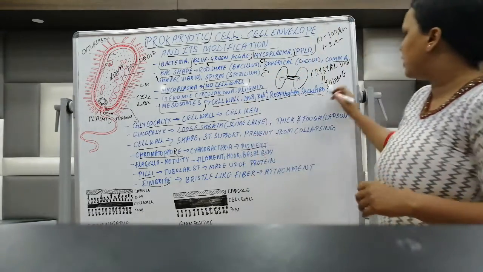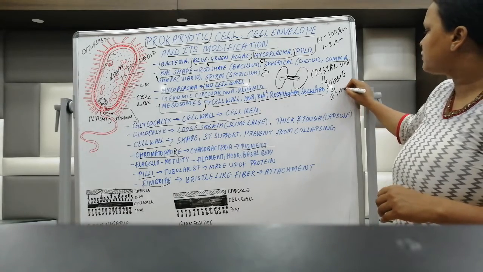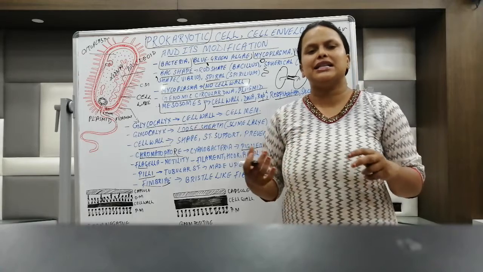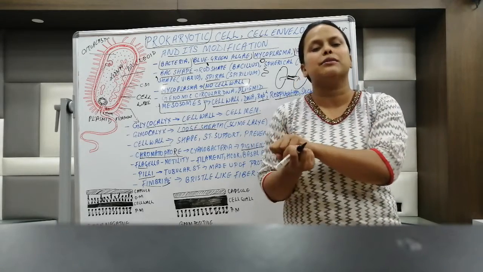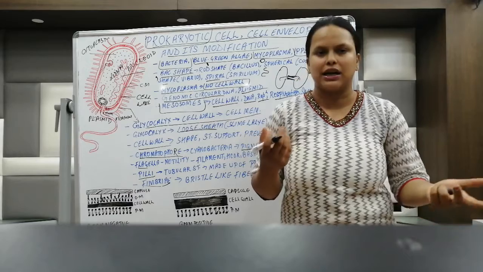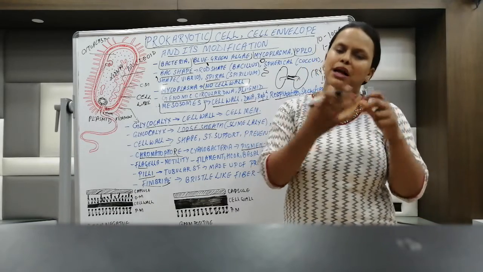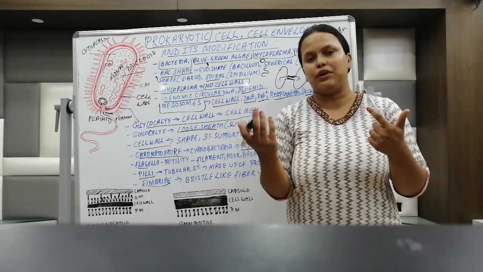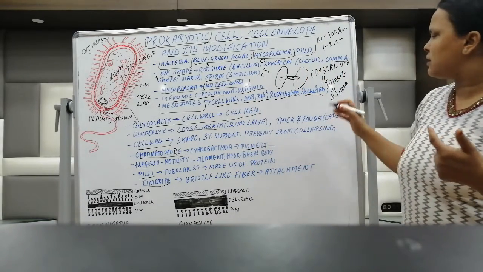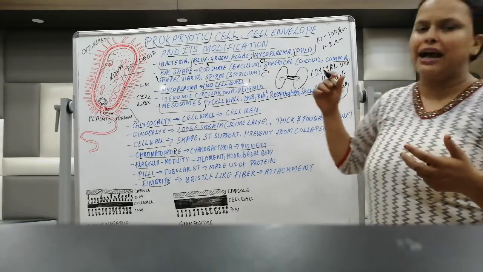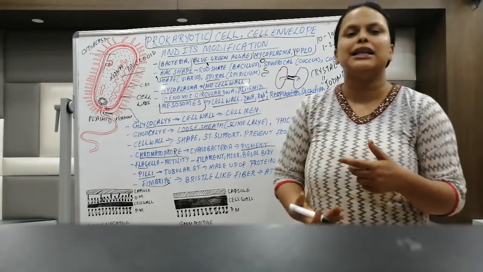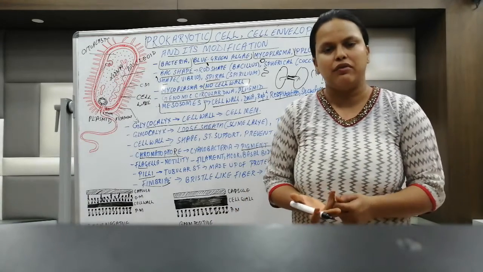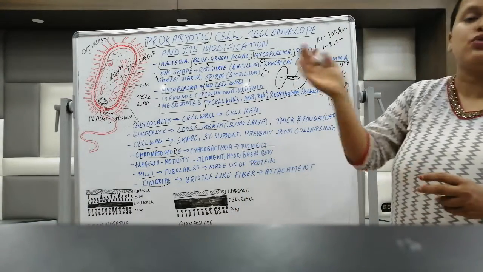Next, he added ethanol. Ethanol is a decolorizing agent, so whichever cells have not acquired the crystal violet color will lose the color. So now we have some cells with blue-purple color and some cells without any color. The cells which have the crystal violet color are called gram positive cells. But the gram negative cells are not visible. Why? Because the ethanol has washed the color away.